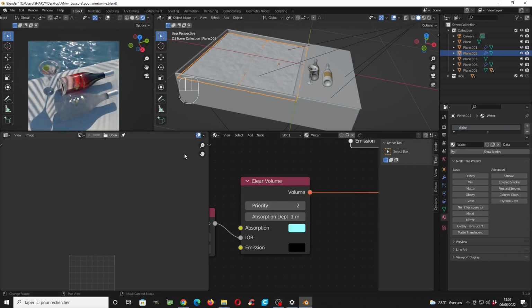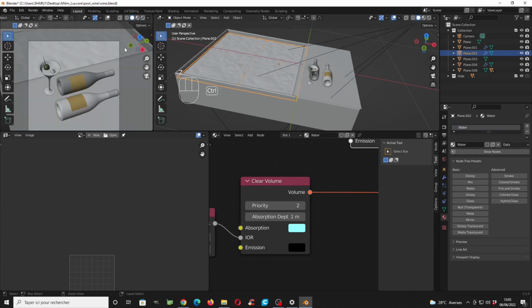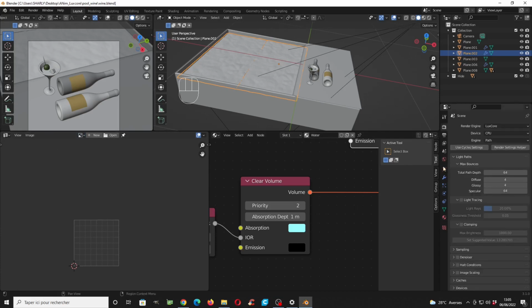And as you can see, we have water, but there is no caustic inside, so maybe you will think that you need to render to see the caustic. So let's try, but you know, because of the previous tutorial, that you need to enable caustic to see it. For example, inside of a pool water, you need to enable caustic. But if you enable light tracing like this one here, and push the render,